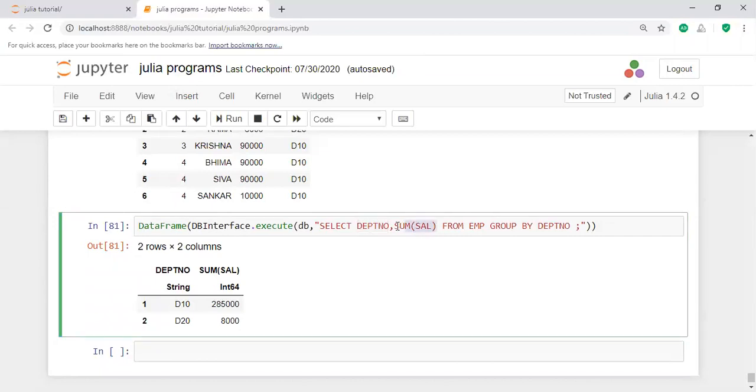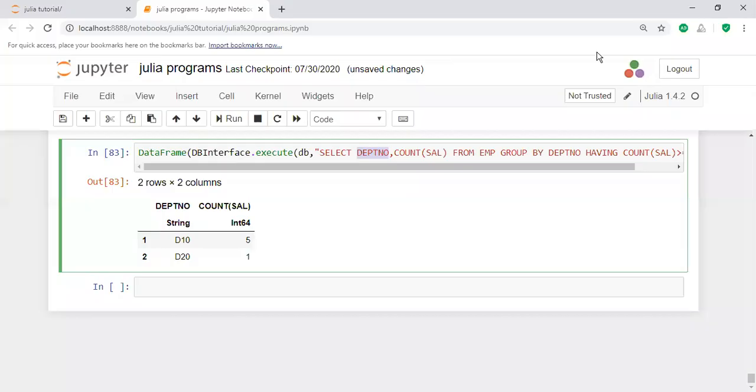If you want to provide a condition on an aggregate function, for example where the sum of salary is greater than 20 or greater than 30, in these particular cases you apply having with the aggregate functions.